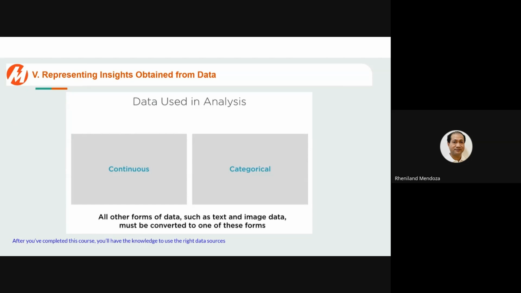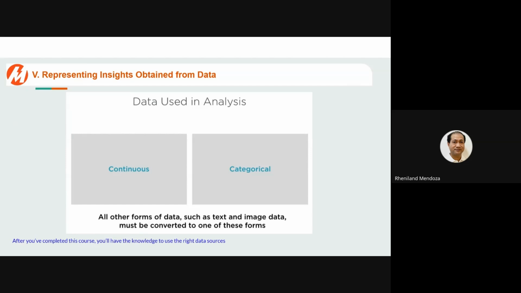Continuous data is usually numeric in nature, whereas categorical data may be expressed in the form of strings or categories. This categorical data has to be converted to numeric form before it can be used in your models.